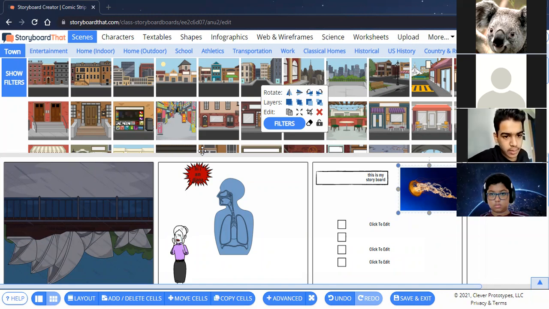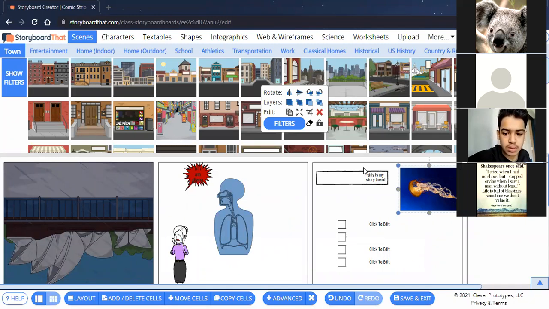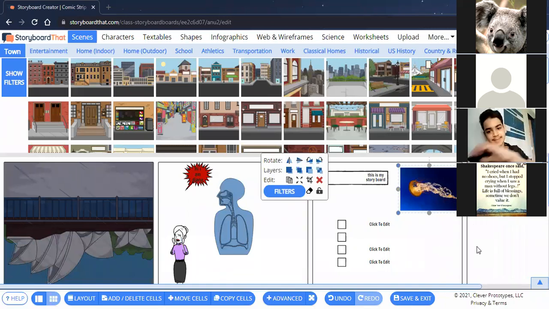I entered without login. So some features will not be available for you, the features that will help you share your storyboard with other people and work together in the same storyboard. Just check it out. You won't be able to share with your friends and work together.